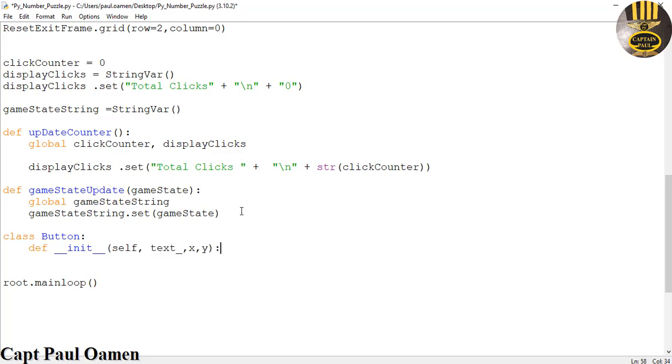Those are my parameters. Now let's say self dot enter value. Okay, I've just created a text in there that is going to be a text,